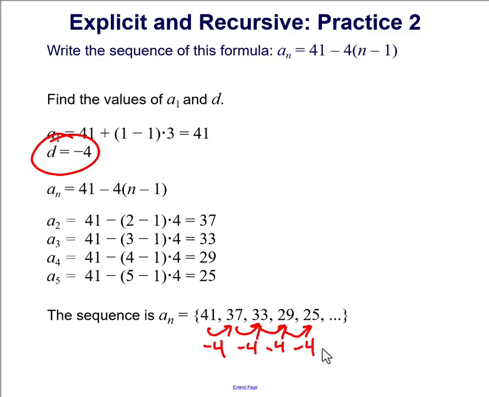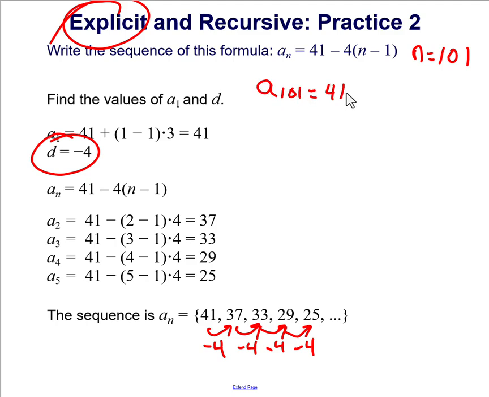One other thing I want to do. Let's talk about the power of this being an explicit formula. I can use this explicit formula in a special way because I don't need to know the previous term. I can find each term in isolation. So let's say I want to find, let's pick a random number, 101. So I want to know if I were to carry this out to the 101st term, what number would that be? So I replace n with 101,